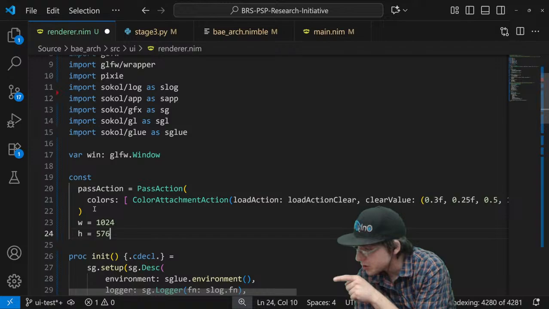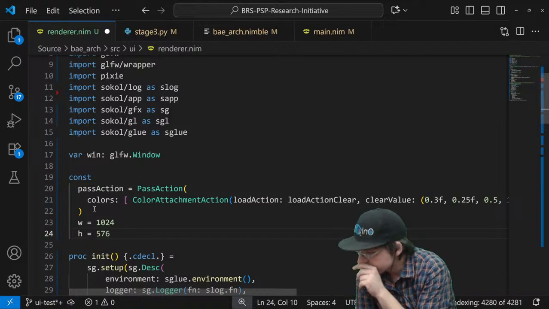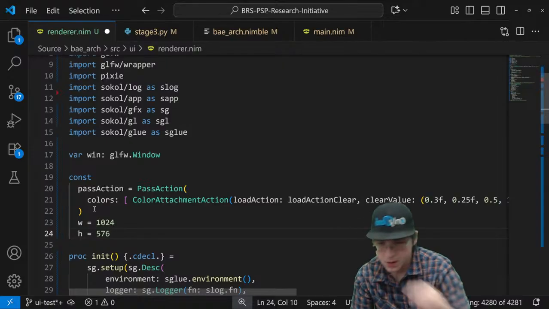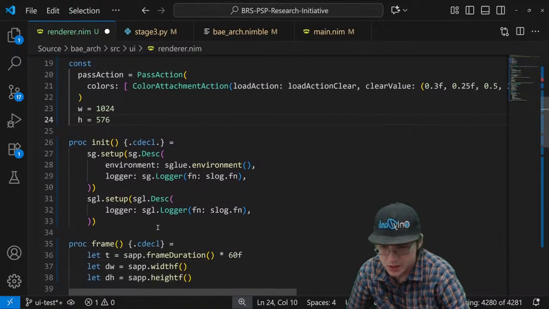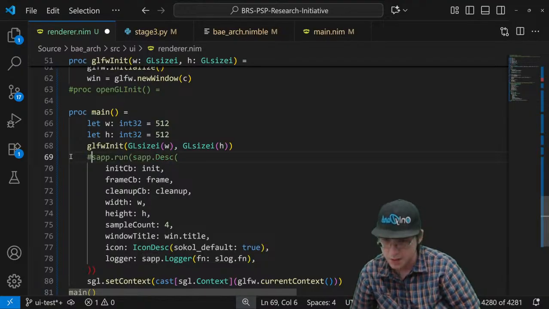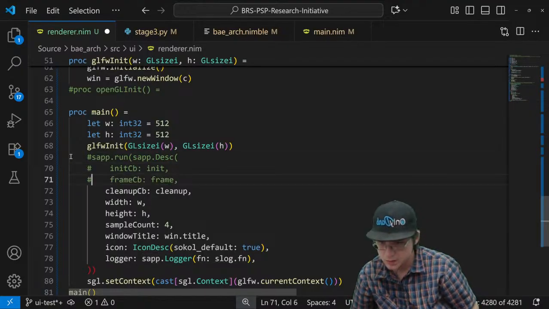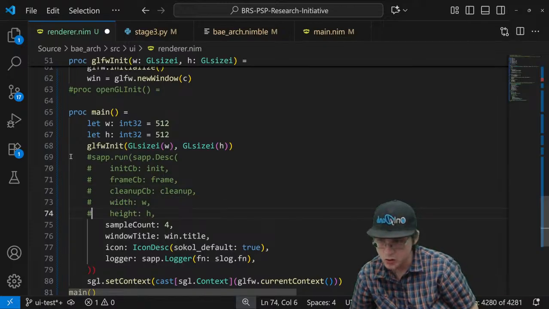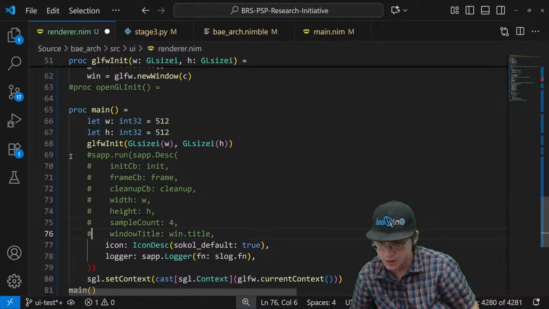I don't care about offset right now, but I do want to go ahead and initialize GLFW. I'm just going to comment this out right now because I don't actually need SoCal to create the window.